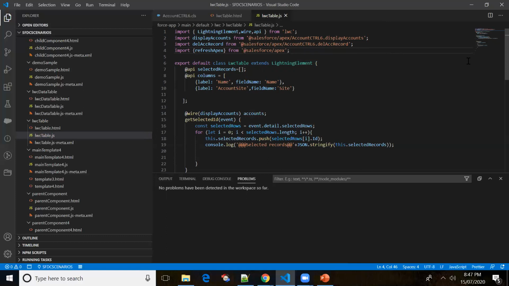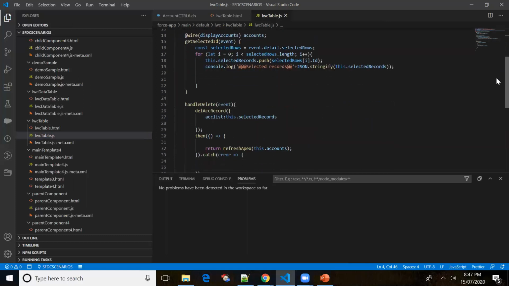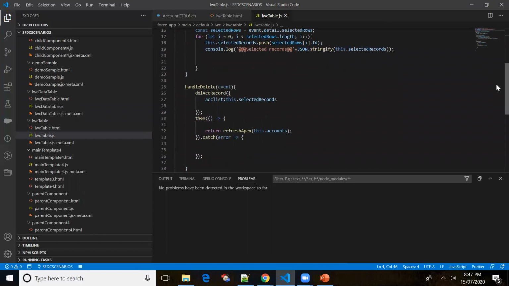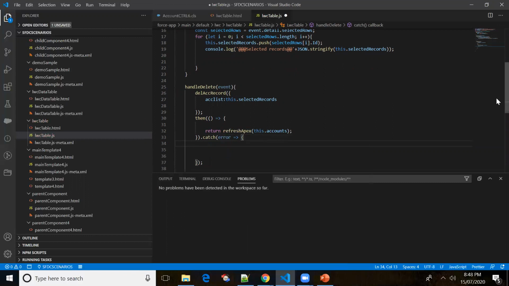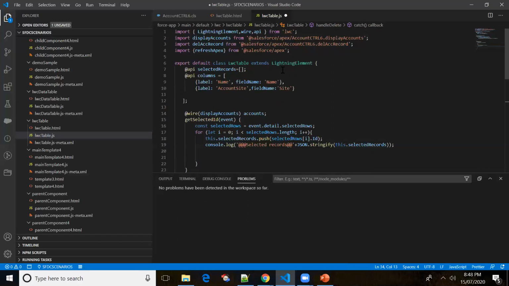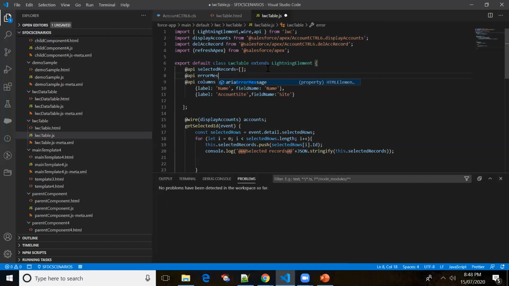Whenever you delete a record, after deleting it I just want to refresh the data. For refreshing the data, we'll be using the refreshApex property. Catch is basically, let's say while deleting the record something goes wrong, then it will enter the catch block. Let me create one variable, apiErrorMessage.